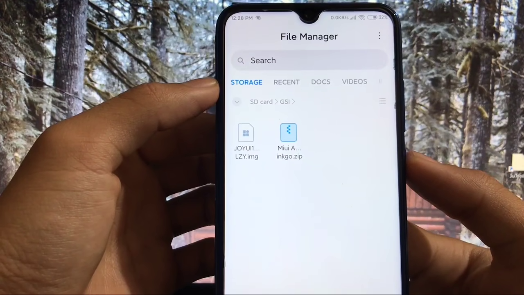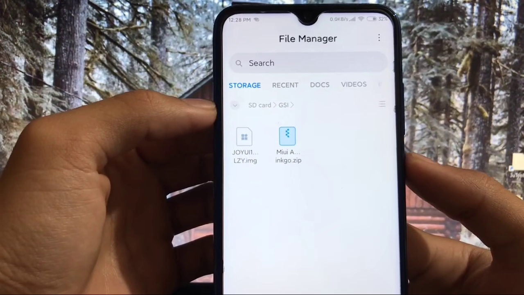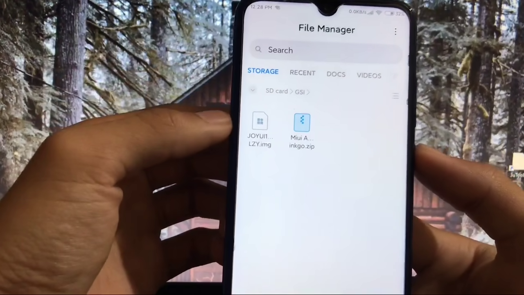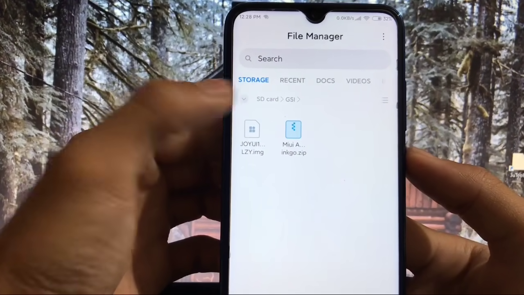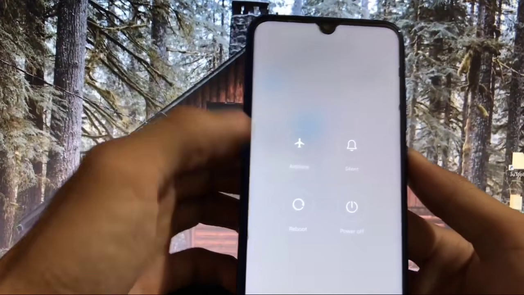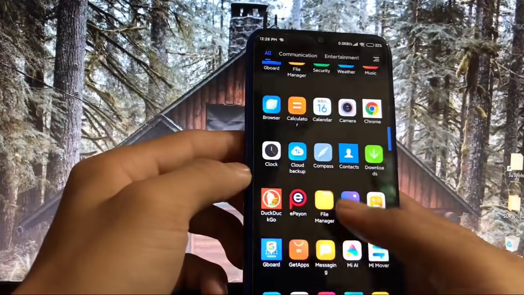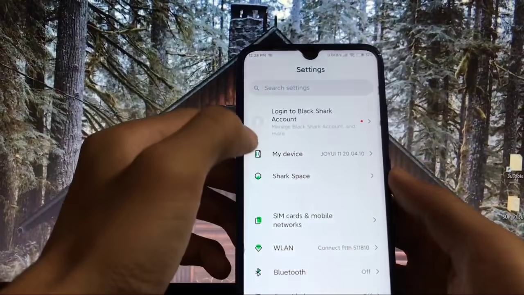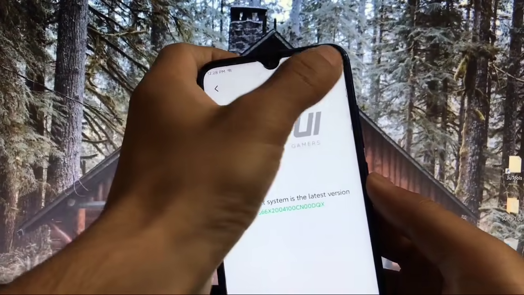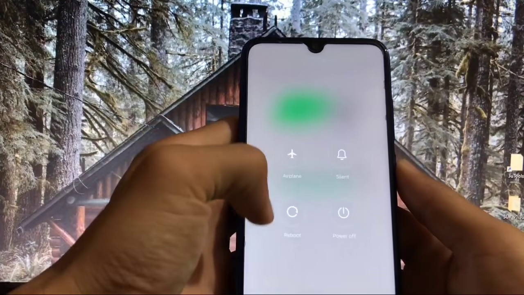You need both these files and should save them to your SD card. It's better to save these files on your SD card, because after installing this zip we have to format data once and then your GSI file will be deleted. So both files should be on the SD card. And as all these files are on the SD card, we have to boot into custom recovery. How to boot into custom recovery, you know very well. Let's see if there is an option available for booting into custom recovery. I don't think so, so we will manually boot into custom recovery now.